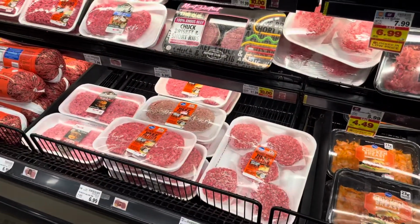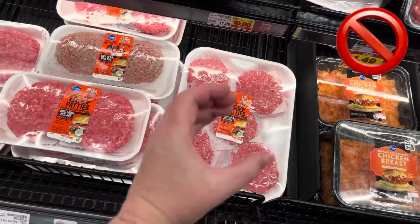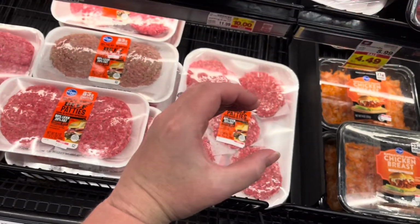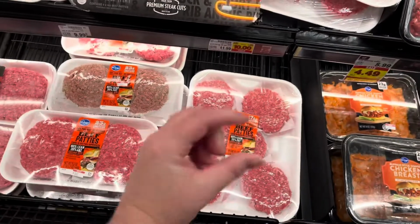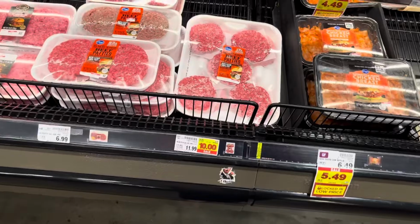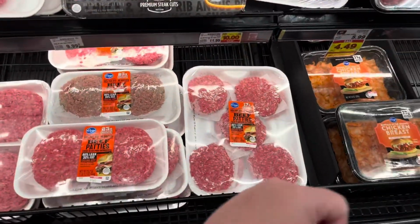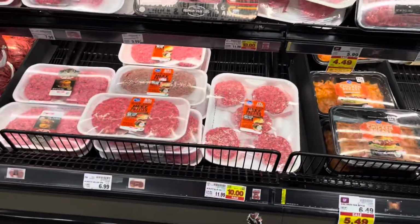Also, I have bought these in the past, and we don't like them. They shrivel up to about this big, so they look like a crystal hamburger when you're done, only they're fat. They're like this thick, and they're $10. And at first I was like, ooh, $10, that's 10 patties for $10. I'll pay somebody else $1 a patty to patty them out for me, because I hate doing it. But,